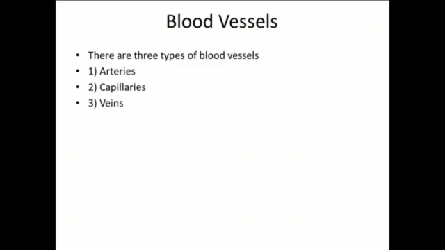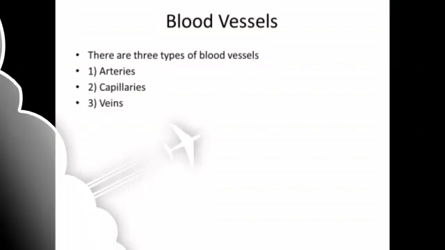Second, capillaries. The arteries divide into arterioles which further divide and redivide into smaller vessels called capillaries. They are the thinnest vessels and their walls are formed of a single layer of endothelial cells. Next, veins. Veins are thin-walled vessels which bring blood from the body back to the heart. They are larger and hold more blood than the arteries. They have less elastic walls and are less muscular.